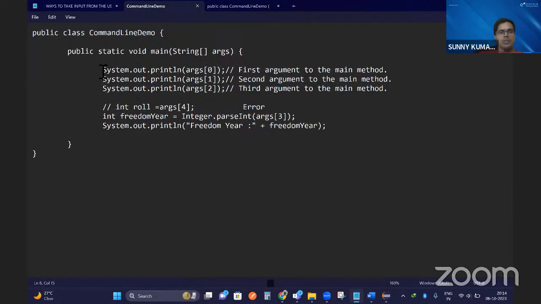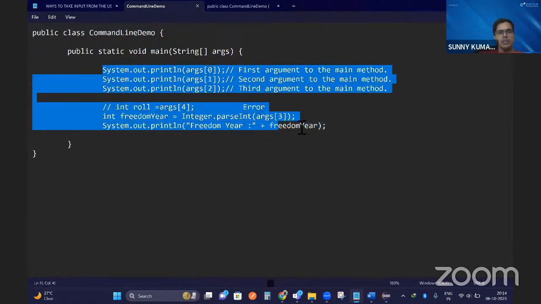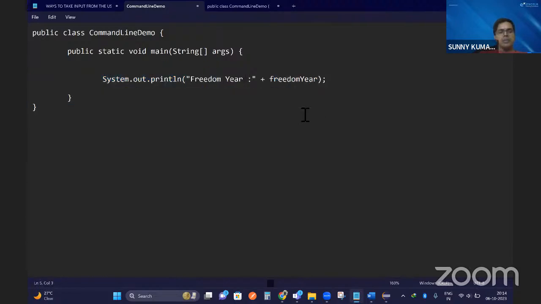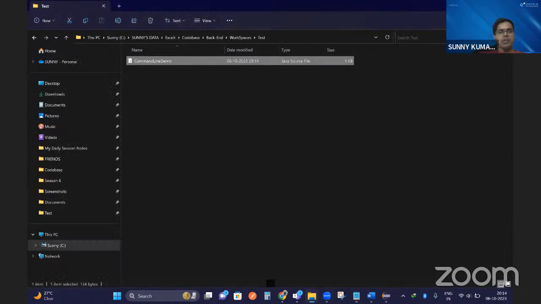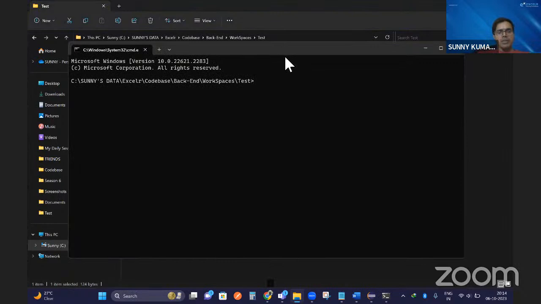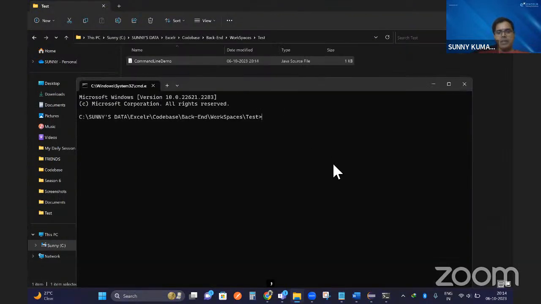Here I'm just deleting all these things and keeping a simple sysout, and I'm going to print hello. Okay, I'm just printing hello here. How do I run this program from Notepad? I have saved it as command line.java. My source code is here. You have to open command prompt here, cmd, open command prompt here, and then there is a command called javac